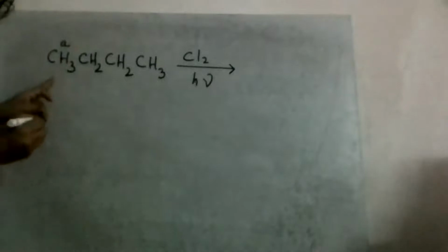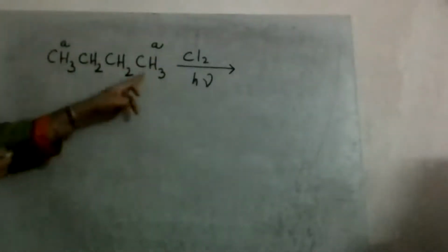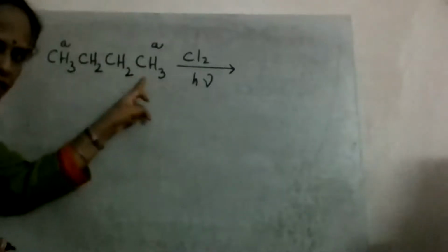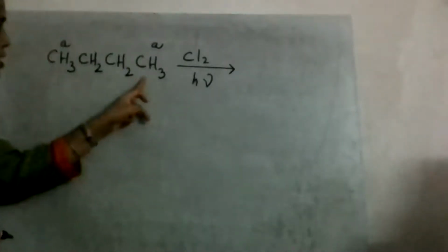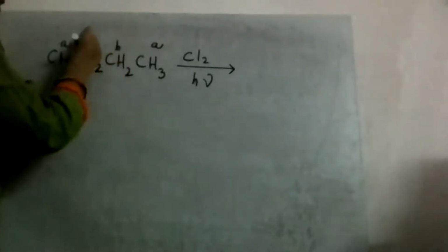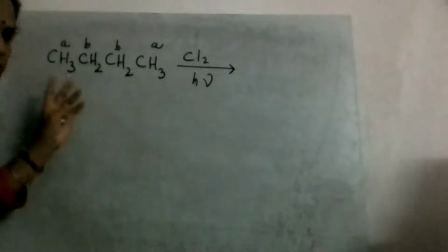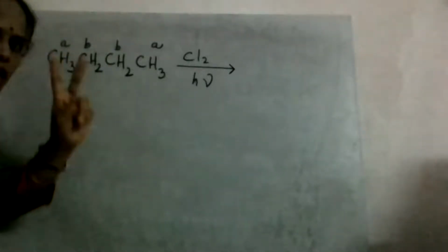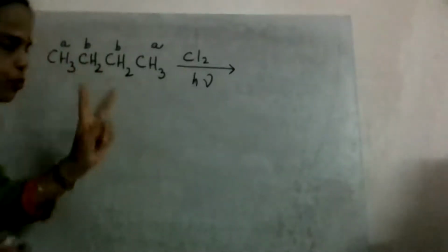If I remove hydrogen from the left side, or if I remove hydrogen from the right side and replace it with chlorine, or if I remove hydrogen from the second carbon, here also it is the second carbon. So since two replaceable hydrogen atoms are there, both the hydrogen atoms one by one will be replaced, and it results in giving you two products.